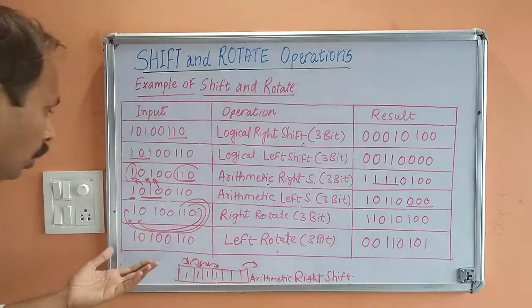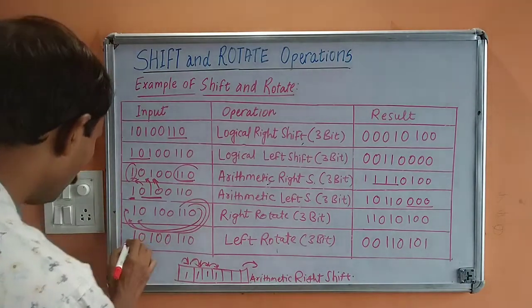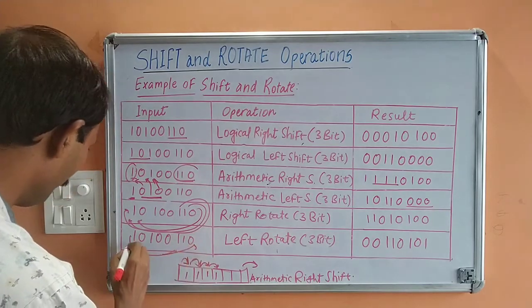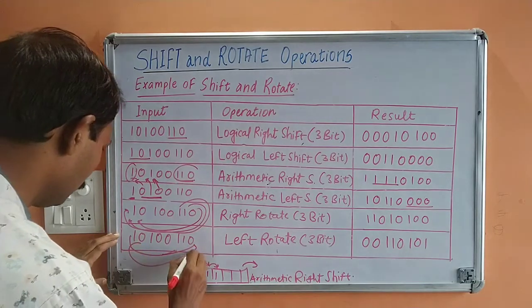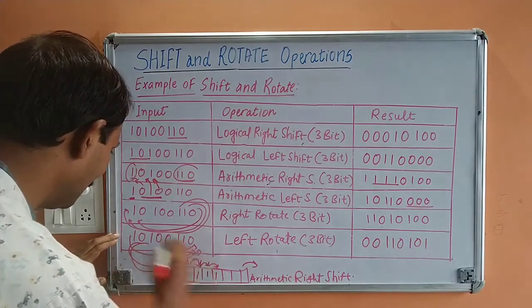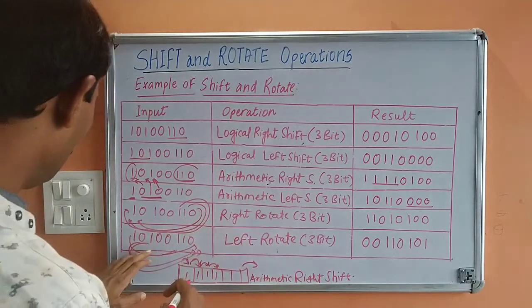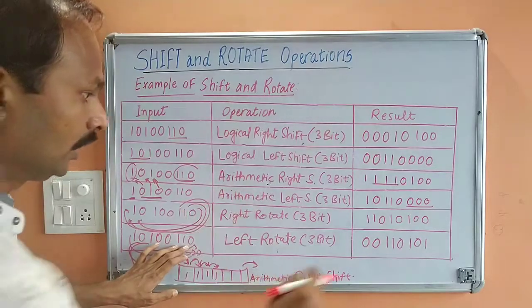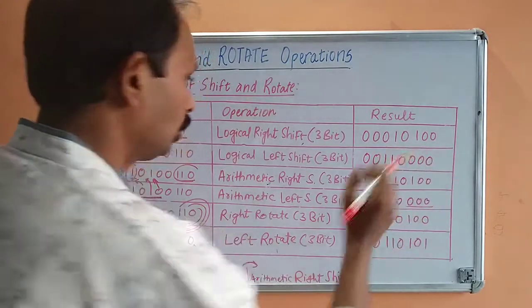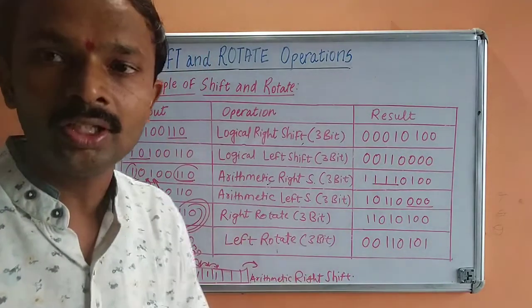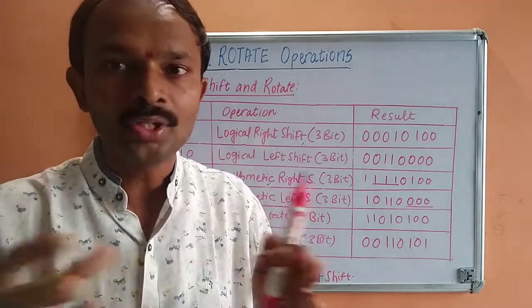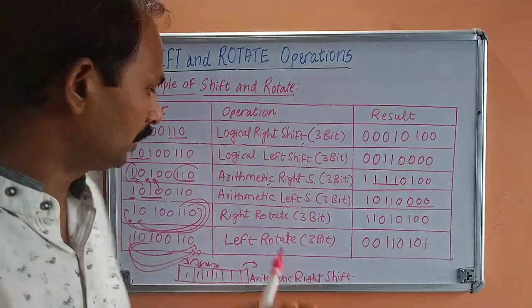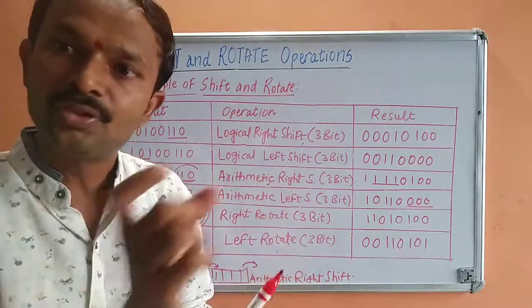So I need to rotate it on left hand side. So what will happen? I will do it like this. So what will happen? My answer will be 0 0 1 1 0, right? 1 0 1. Because in rotation operation, right, we are not doing shifting. So none of the bits is going out of the number, right? They are just rotating in the same stream of bits.